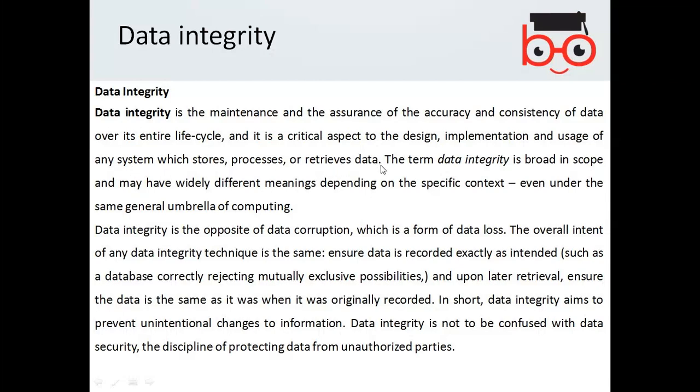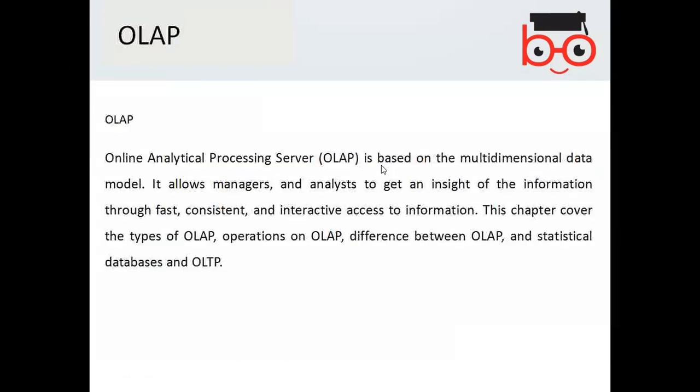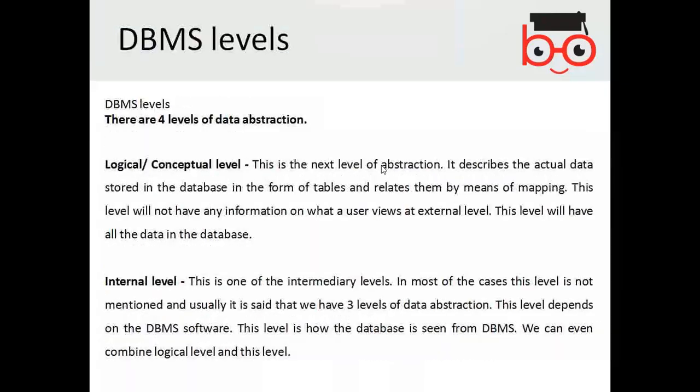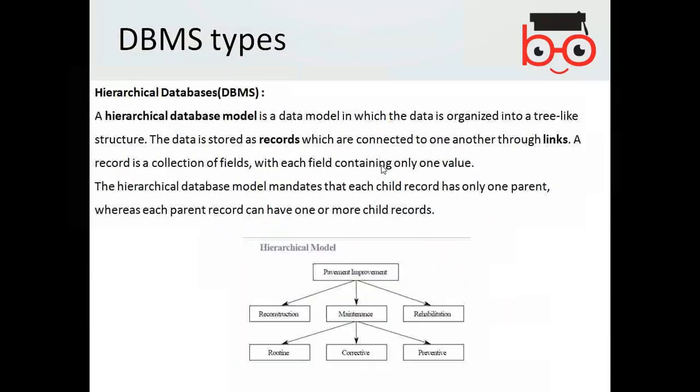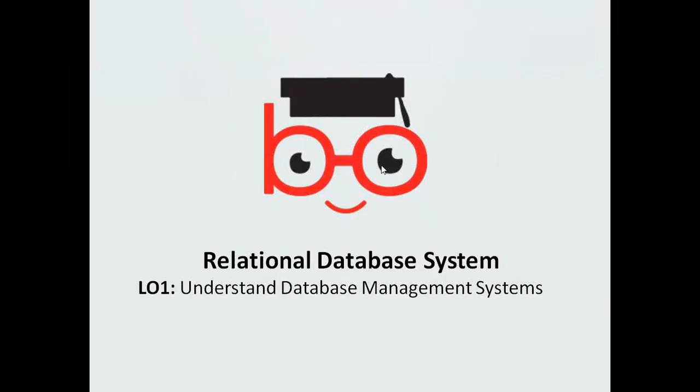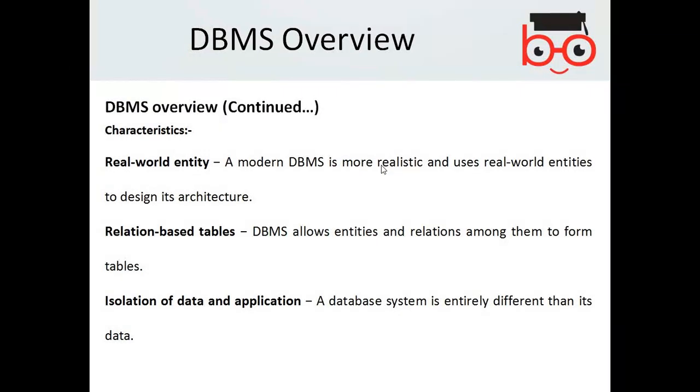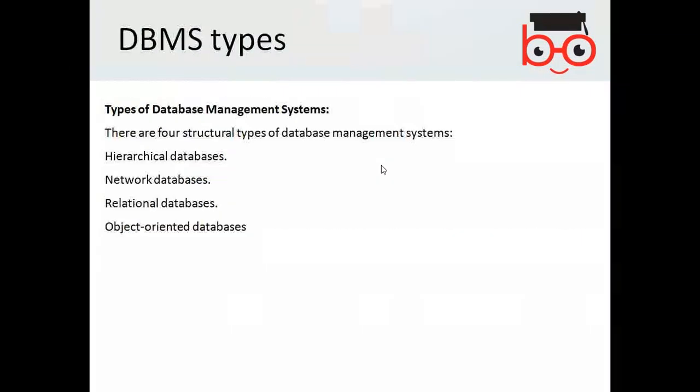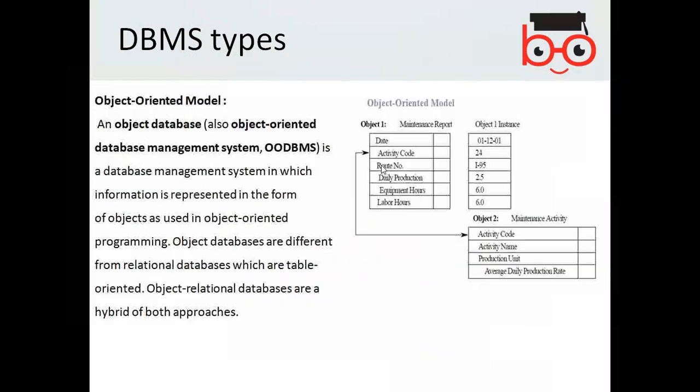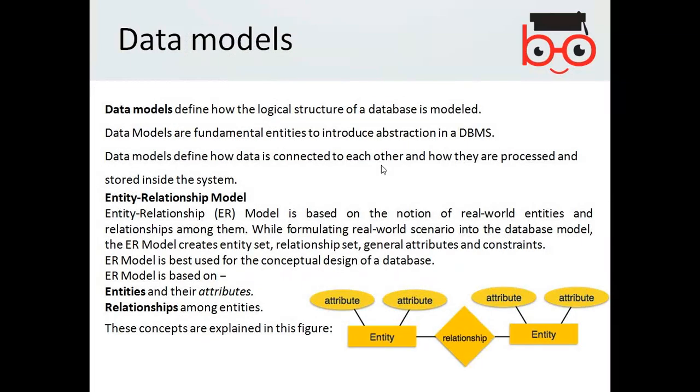So once you have a database, if we start from the concepts of database management systems, we started with a review of database management systems. Then we spoke about the types of database management systems. Then we discussed the relational model, and we discussed certain entities in the relational model.